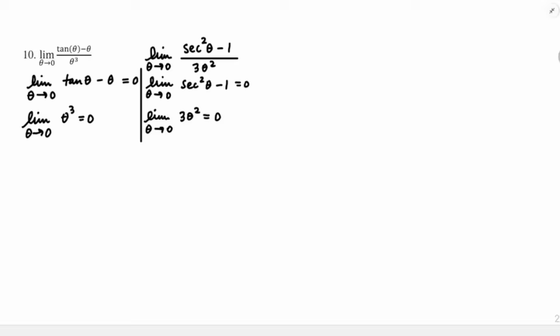Okay, and thinking about the derivative of secant squared theta, I'm going to have to use the chain rule. On the outside, I've got the square. So outside prime would be 2 secant theta to the first, multiplied by inside prime, the derivative of secant theta with respect to theta, that's going to be secant theta tangent theta. So I'm going to have 2 secant theta multiplied by secant theta tangent theta, outside prime times inside prime, divided by 6 theta. And, okay, because tangent of 0 equals 0, and I've got that factor of tangent theta in there,